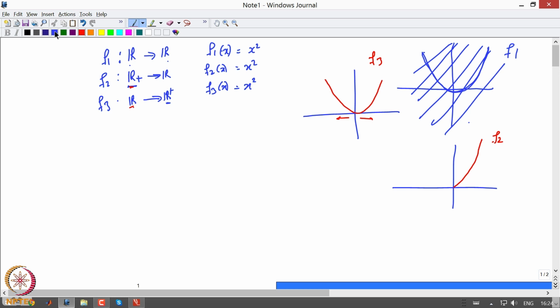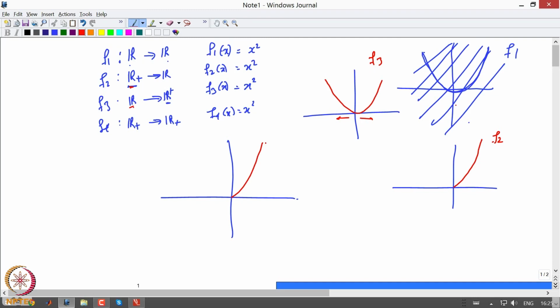And lastly, if I look at f4, which is again I just restrict to R plus, all numbers greater than or equal to 0, to R plus, and f4 of x still remains the same. And if I draw a graph, how would it look like? It will just be this. Okay. So here the domain and range is this entire shaded blue line.